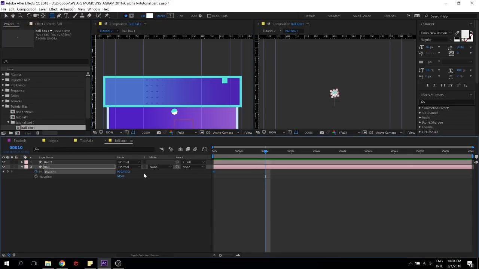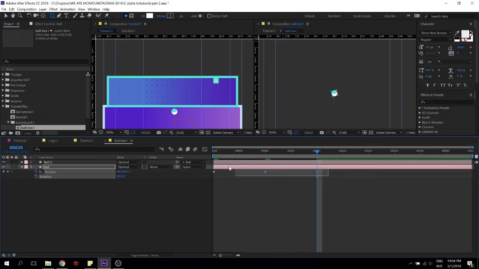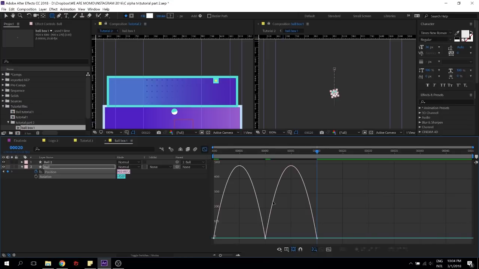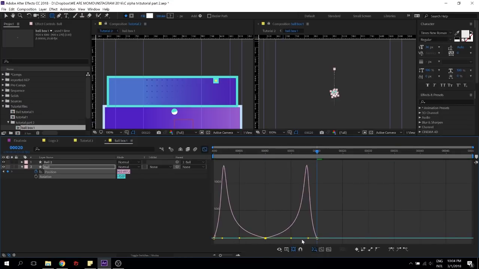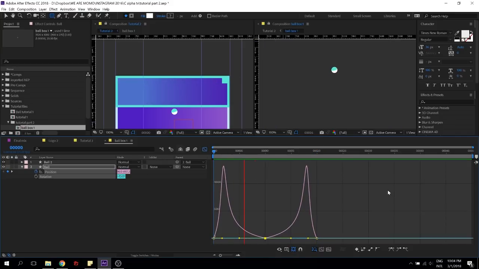I'm just gonna go here, and here I'm gonna make sure that it goes there, and then it comes back to where it started. And of course we're gonna try to make this better, so we're gonna do the ball in the air speed, so it goes fast in the beginning and it goes down.